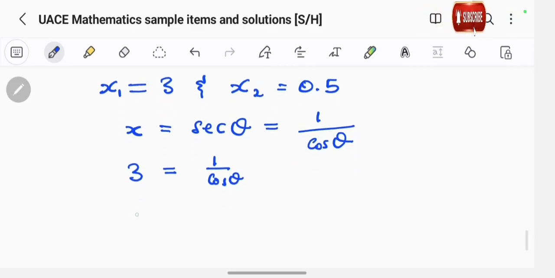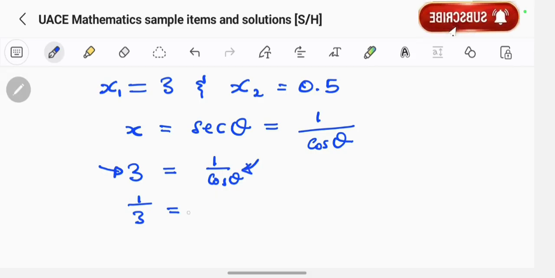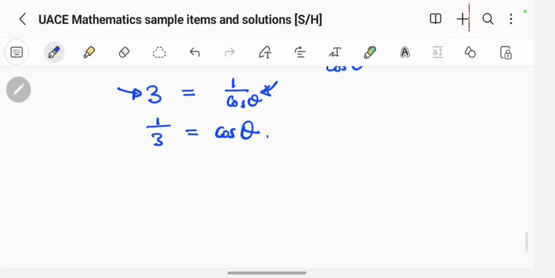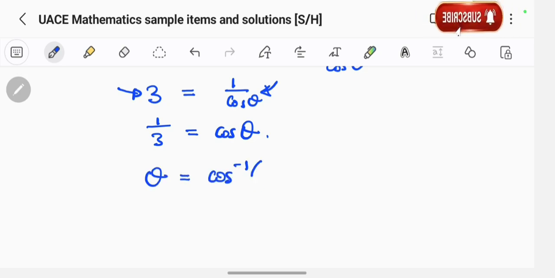It means that 1 out of 3, the reciprocal of this, is equal to the reciprocal of the right hand side. So it's going to be 1 out of 3 equal to cos theta. After getting that, I can take the inverse, cos inverse of 1 out of 3, giving us